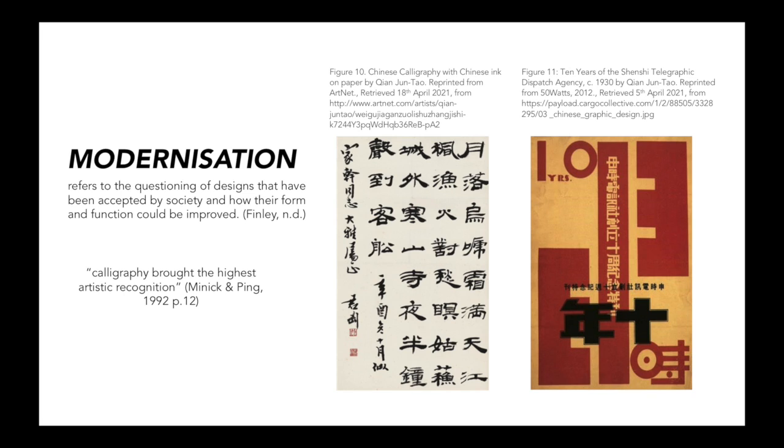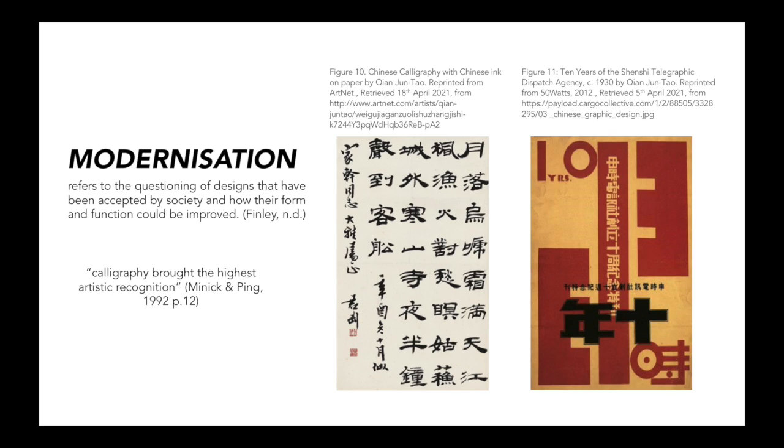Modernisation refers to the questioning of designs that have been accepted by society and how their form and function could be improved. Jun-tao developed traditional calligraphic lettering and simplified them into geometric shapes, similar to how sans serif introduced a simplified version of traditional serif type. Calligraphy brought the highest artistic recognition. Seeing as the skill of calligraphy was so highly respected,